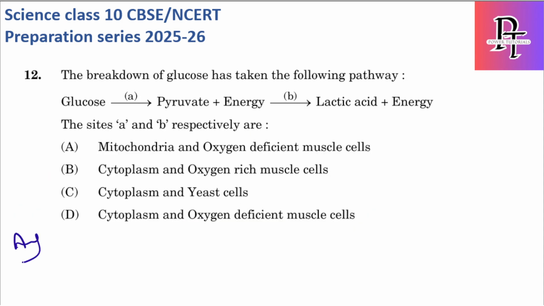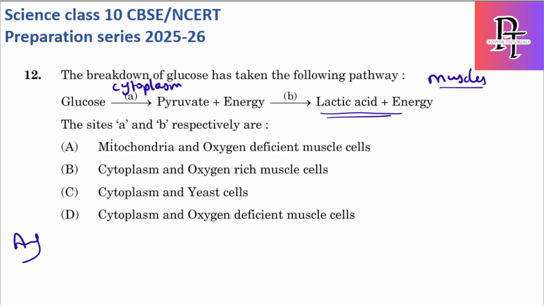The breakdown of glucose has taken place in the following way. Okay, glucose to pyruvate. This happens in cytoplasm. Energy is converted to lactic acid. Lactic acid energy happens at muscles. And this is anaerobic respiration. In anaerobic respiration,